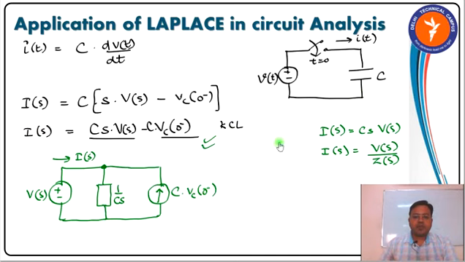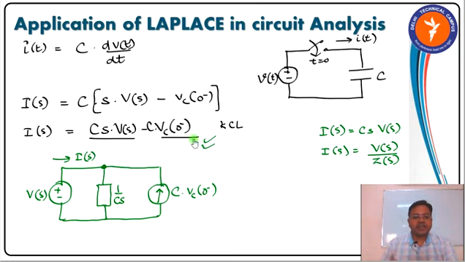So this is the KCL equation. It means whenever I want to convert the capacitive circuit into its equivalent in the Laplace domain, I must replace this capacitor with the impedance whose value is 1 by Cs, and I should connect a current source in parallel to it, which is having a direction or polarity opposing the incoming current. Okay.